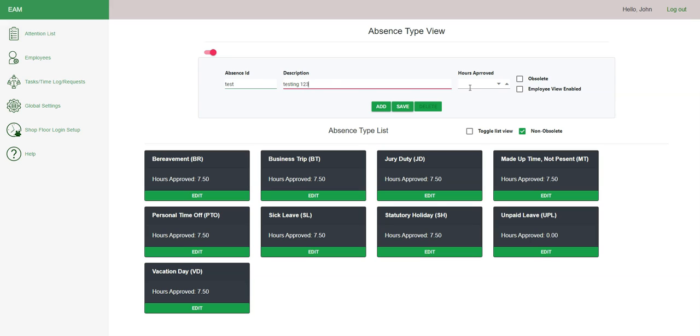Then enter the hours approved for that absent type. This will usually be the number of regular hours an employee works in a day for your company, such as 8 hours or so. The Employee View Enabled option